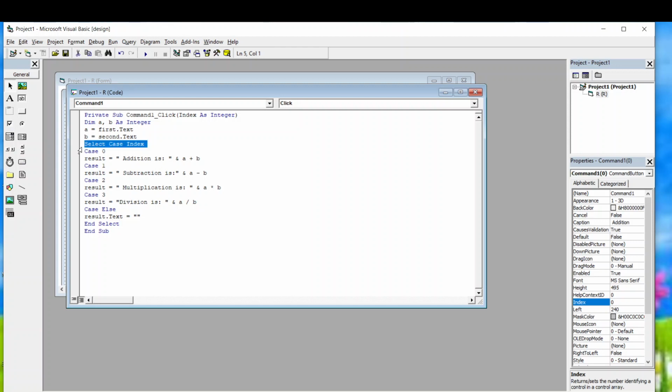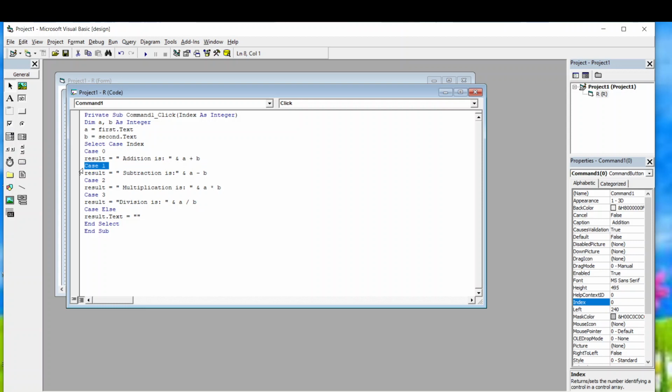With the help of the select case statement, we are performing the arithmetic operations, and we are using the index value to do so. For case 0, my addition button's index is 0. So after giving case 0, I'll print addition is a plus b. Whatever values get stored in a and b, they are added.